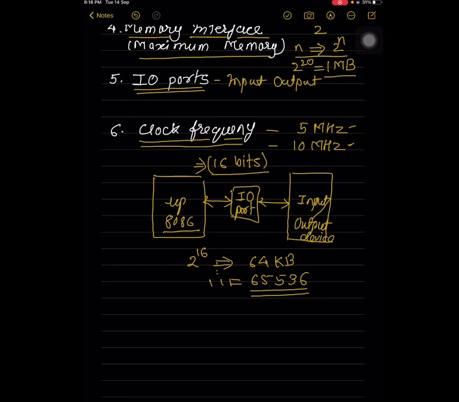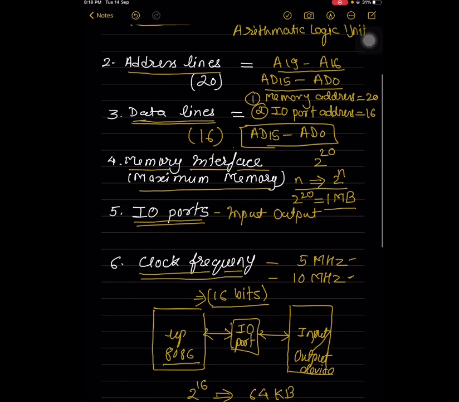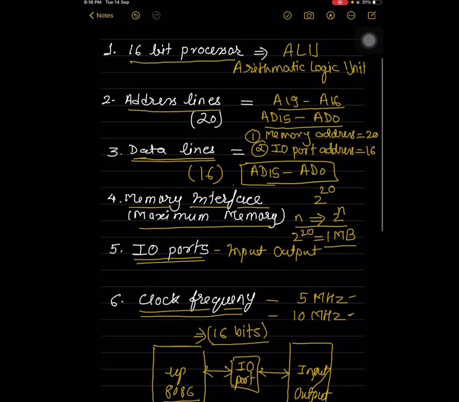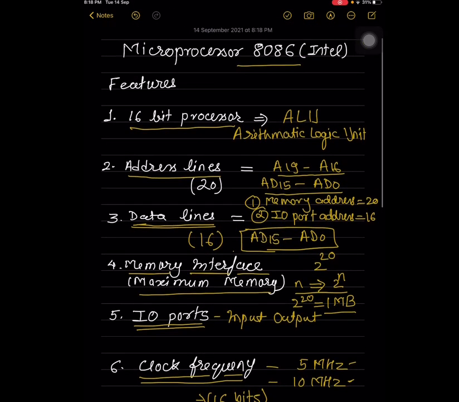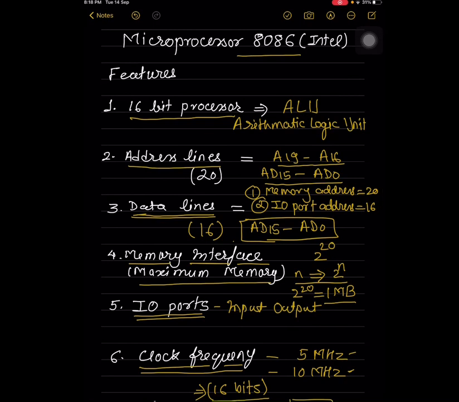In any microprocessor, clock frequency decides the speed of the processor. If we have a higher clock frequency, then the speed of the processor is more. For the versions available in 8086, 5 MHz and 10 MHz frequencies are available for the basic version and the advanced version respectively. These are the basic features available in the 8086 microprocessor, and using these features we can understand the basic architecture and other important concepts in 8086, which can be discussed in the next lecture.